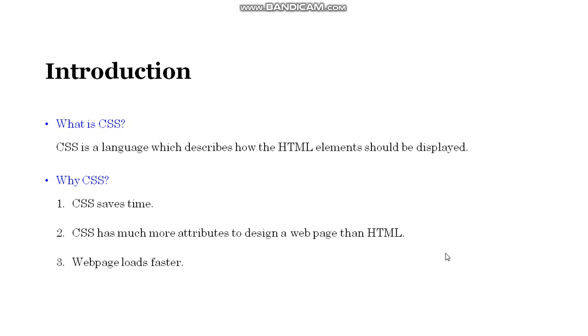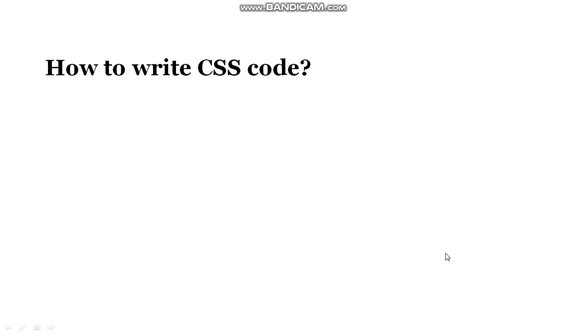Now, how do you write the CSS code? First of all, let's check the syntax. The syntax is: first we have to write a selector, then we have to provide some property separated by a colon, give a value, and then end with a semicolon. Now what is this selector?